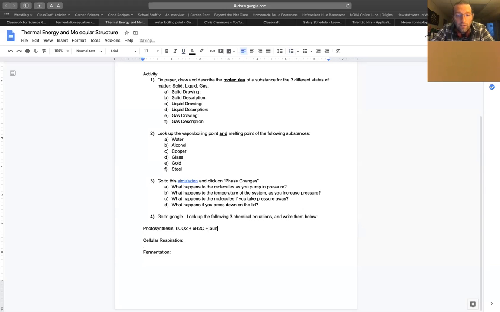And that's not how you spell sunlight. Okay. And that turns into glucose, oxygen, and that's it. That's the equation. Fun stuff, right? And we talked about this a lot in second quarter, and we even talked about it in third quarter. I brought it up a bunch because it's the most important chemical equation on the planet.